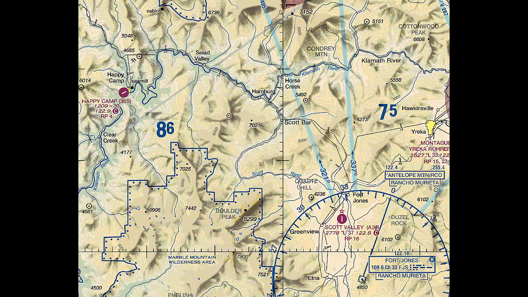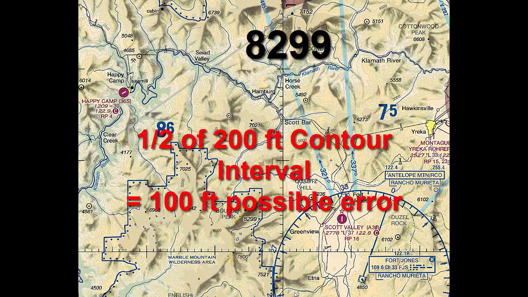In this case, it's a natural object. So you start with the 8,299 feet, and you add to that the error. And the error is, according to the USGS, half of a contour. Contours are 200 feet, so you add to that the error of 100 feet. So that takes you to